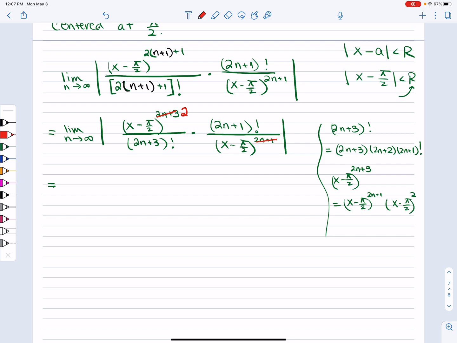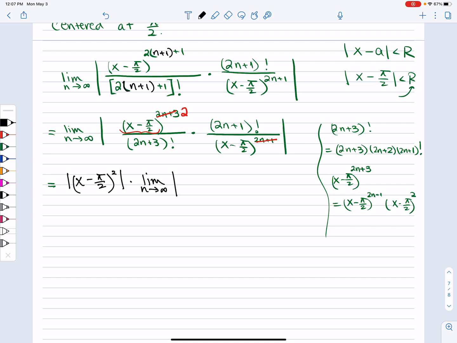And then because we are taking the limit as n approaches infinity, x minus pi over 2 to the second power will be considered a constant. So I'm going to factor that out. We have the absolute value of x minus pi over 2 to the second power times the limit as n approaches infinity of,